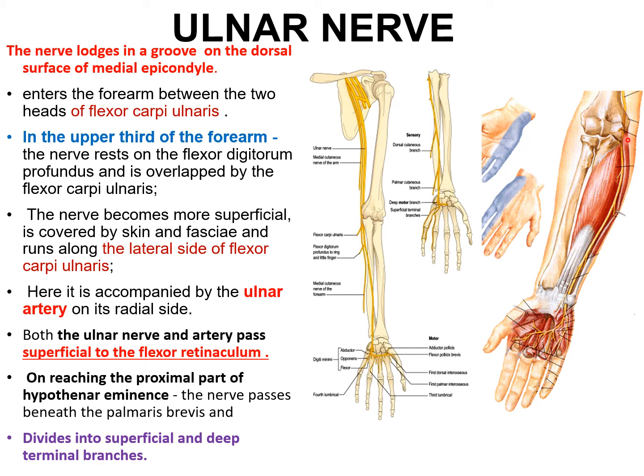It enters the forearm by passing between the two heads of flexor carpi ulnaris. In the forearm, the nerve runs between the flexor digitorum profundus and the flexor digitorum superficialis laterally. The nerve enters the palm by passing superficial to the flexor retinaculum, lateral to the pisiform bone. At the wrist, the ulnar neurovascular bundle lies between the flexor carpi ulnaris and the flexor digitorum superficialis. The bundle enters the palm by passing superficial to the flexor retinaculum.